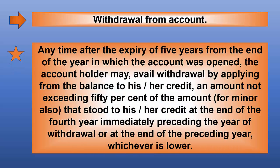Withdrawal from account. Any time after the expiry of 5 years from the end of the year in which the account was opened, the account holder may avail withdrawal by applying for an amount from the balance to his or her credit, not exceeding 50% of the amount that stood to his or her credit at the end of the fourth year immediately preceding the year of withdrawal or at the end of the preceding year, whichever is lower,